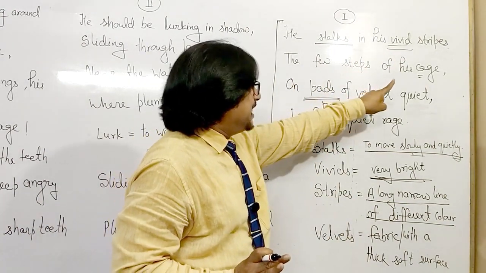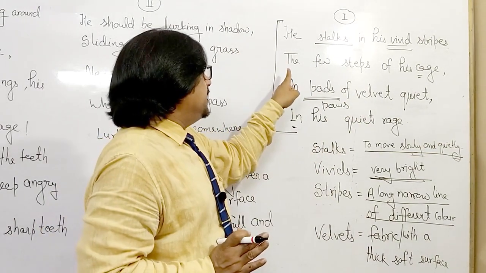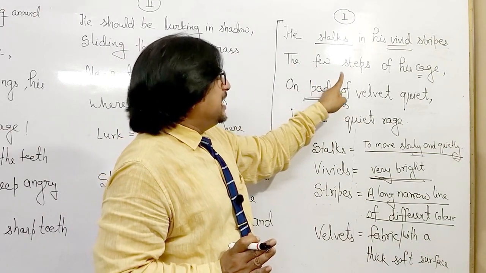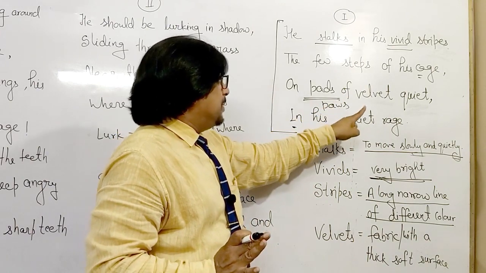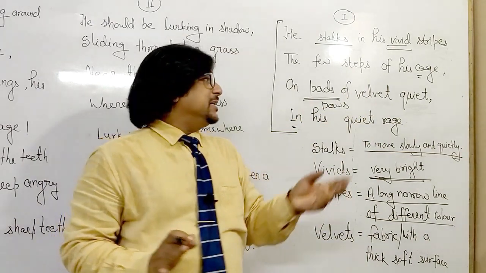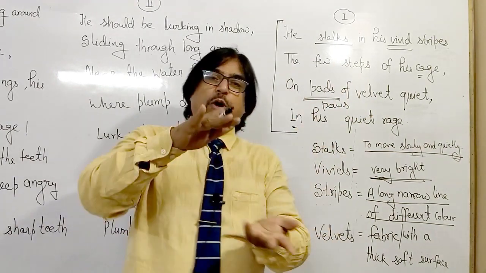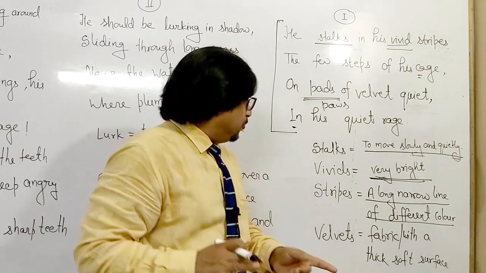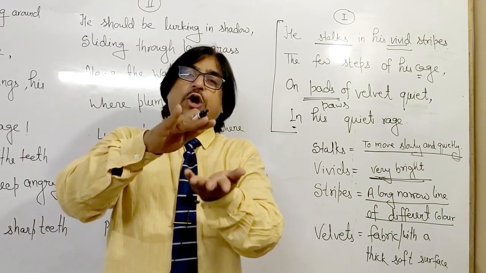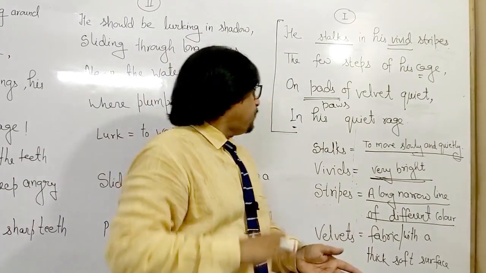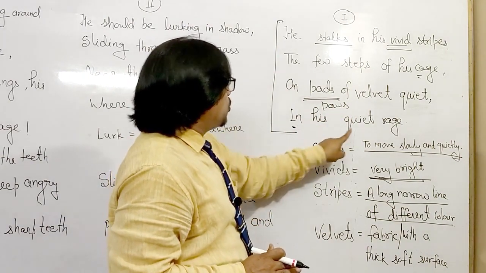The few steps of his cage: since he is locked in the cage, he can take only a few steps inside the cage. On pads of velvet, the steps are taken with the help of his pads, his paws. Velvet fabric means a thick soft surface. So on pads of velvet quiet, in his quiet rage,